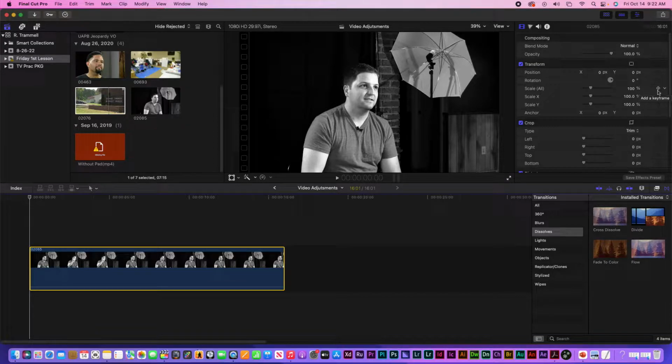Okay. So you'll see next to where it says 100%, a little diamond shape. It'll look like it has a plus sign in the middle of it. And if you hover your cursor over it, it will say add keyframe. So if I click that, you see it'll turn orange, and also the scale X